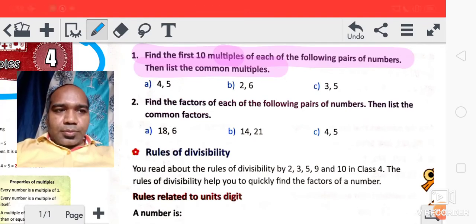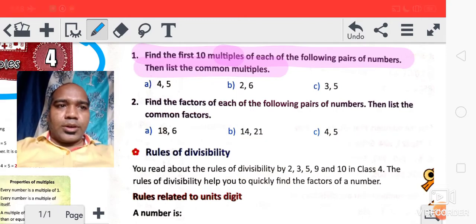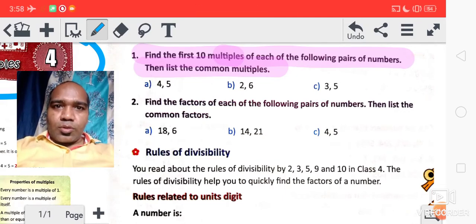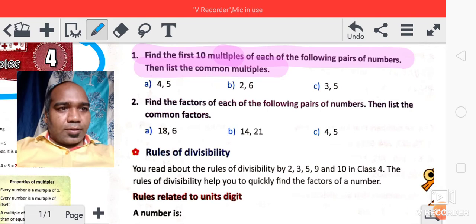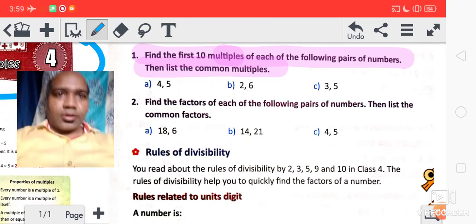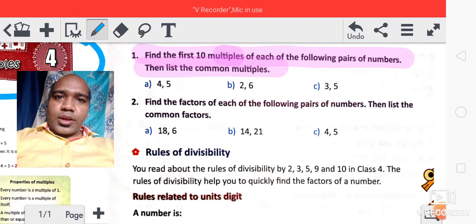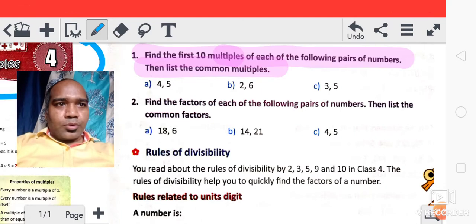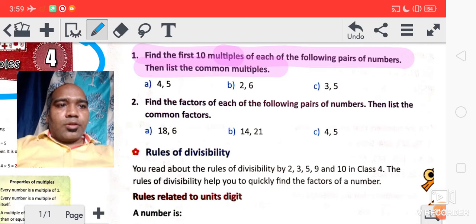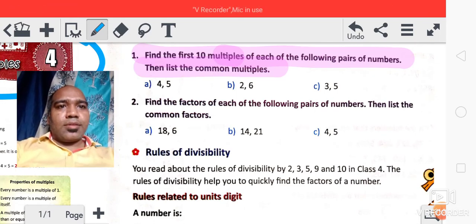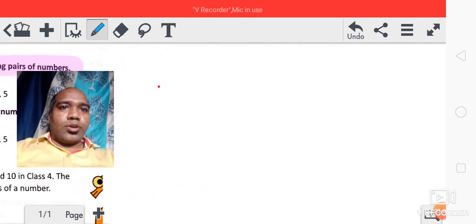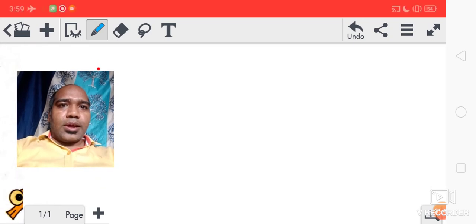So as you know, all of you must have learnt the tables in class 4 also, and in the last class also I took the oral test. Some of you were there online, weren't you? And I took your oral test also. So tables are very essential, very important for you. You should know up to 20, at least up to 20 you must know. Now today we are going to discuss what multiples and common multiples are.